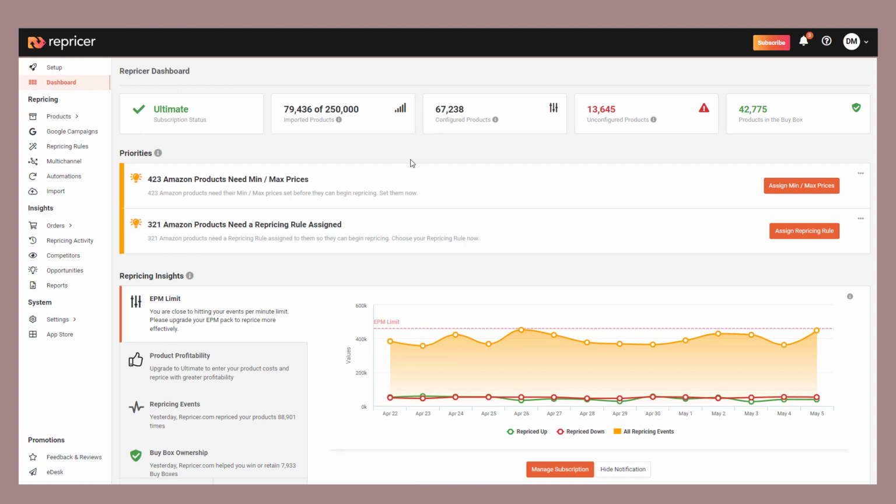In this Repricer.com video, we're going to introduce you to our FTP and how you can use it to automatically submit files into Repricer for you. By using our FTP feature, you can automatically submit the exact same files that you'd import via our import screen into the system via an automated schedule. All you need to do is put your file onto your FTP folder and we'll pick it up for you